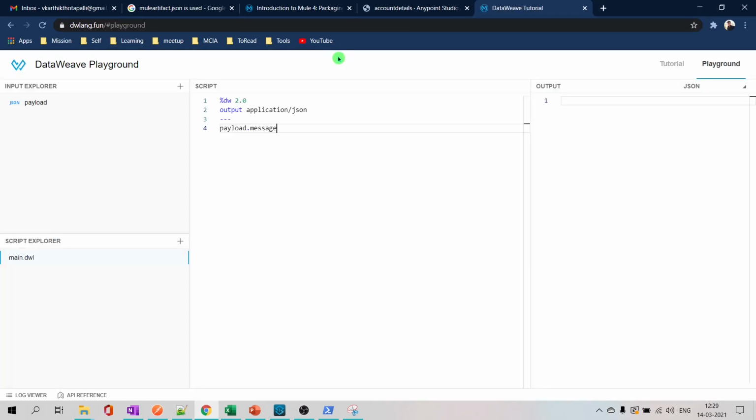There is some Docker container deployed somewhere. MuleSoft gives you this dwlang.fun, but this may not be accessible to everyone, especially if you are in a corporate network. Also, it is not recommended to place your sensitive payloads there, because you are sending them to someone else for processing.